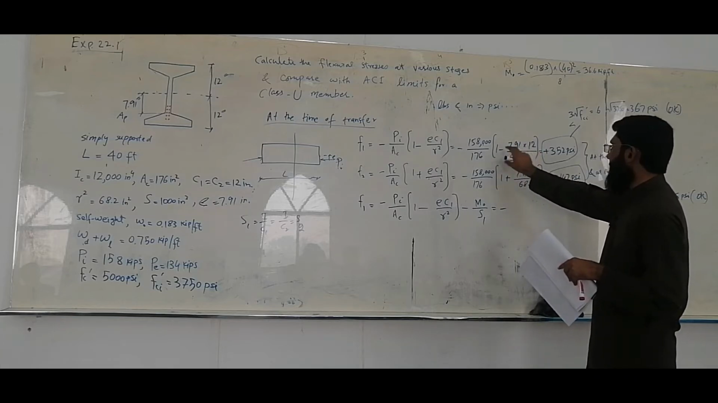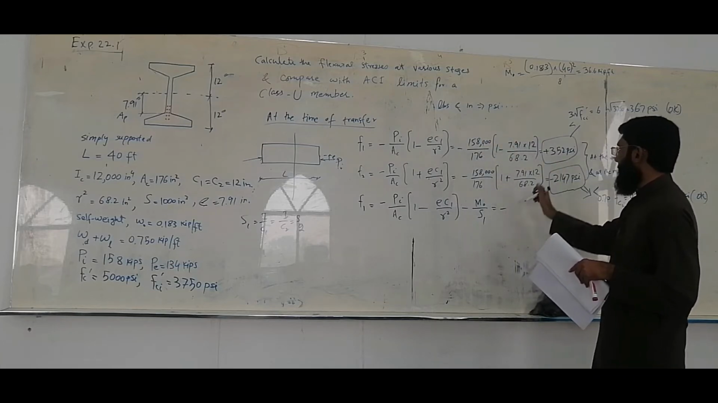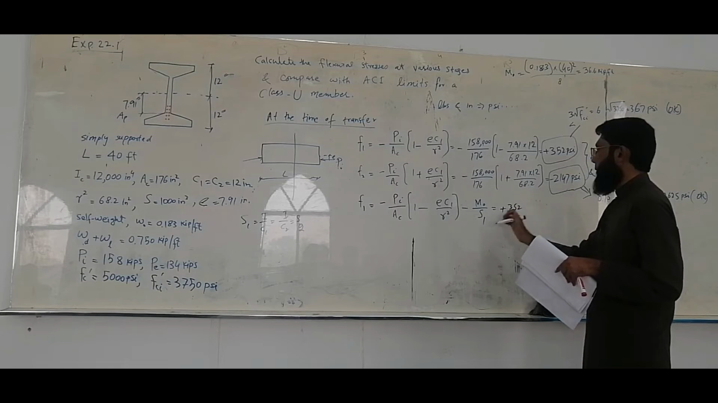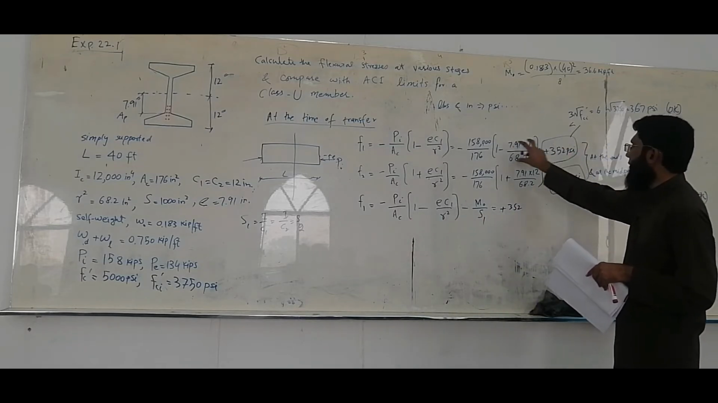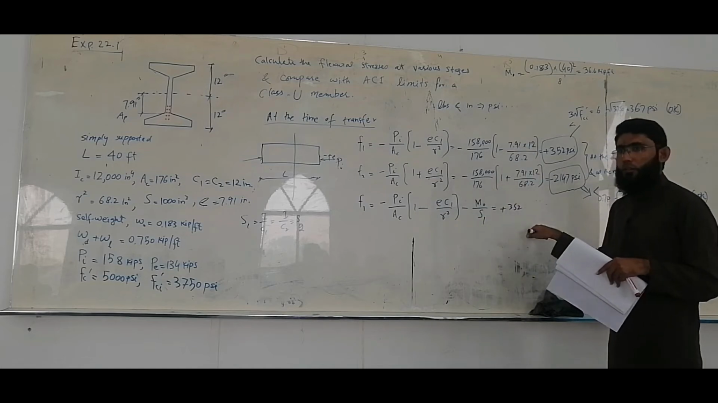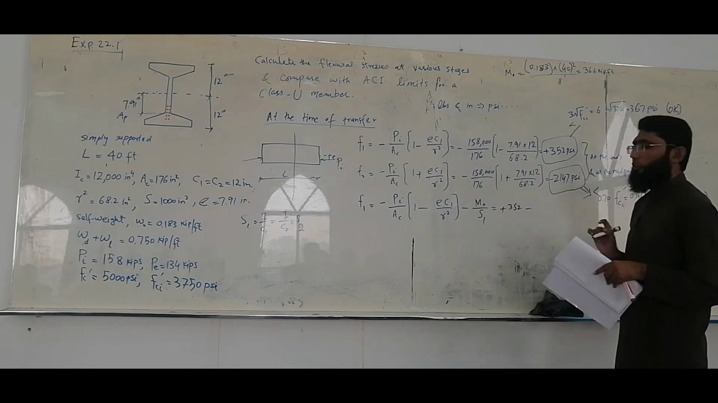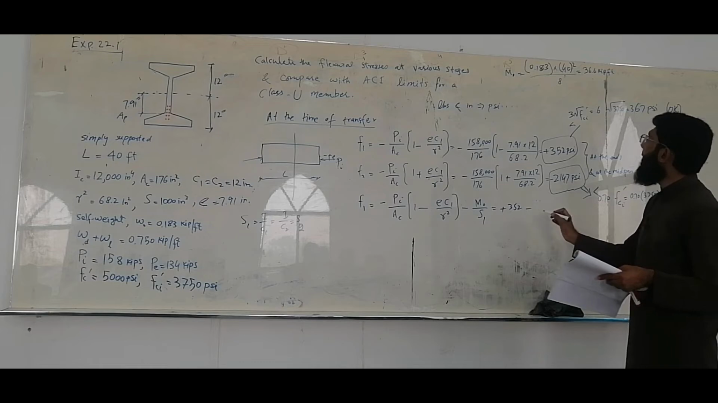So of course the answer is going to be the same, plus 352. I just wanted you to understand where it is coming from. This answer I've just copied over here, plus 352, minus M naught over S1. M naught is